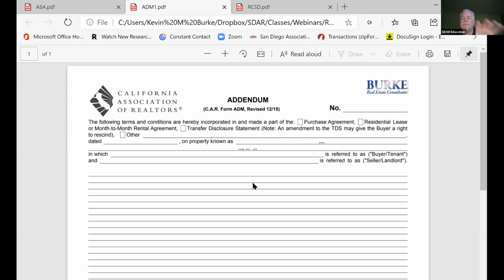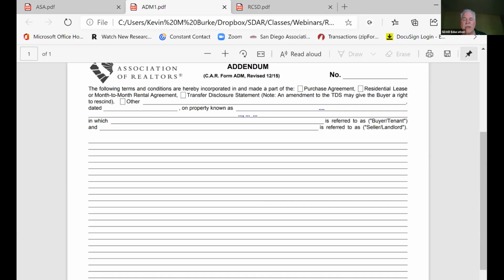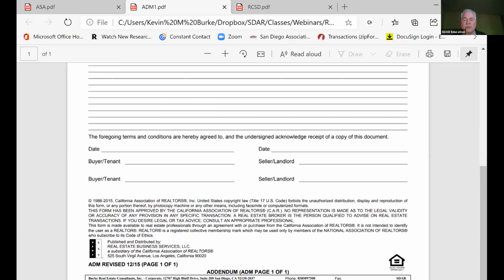So TDS, and then others. You need to specify what it is, because remember, I need linking from one document to the next. So I need linking from my purchase agreement to this document. That's why this information has to be in there. What was the date of the purchase agreement? And who are the parties? Those are the important things. So in other words, I'm going to use this form anytime that I want to amend an instruction between the parties.